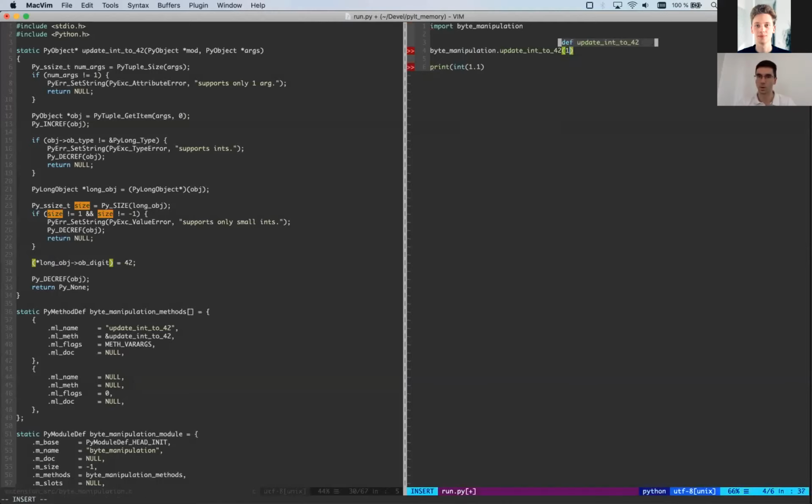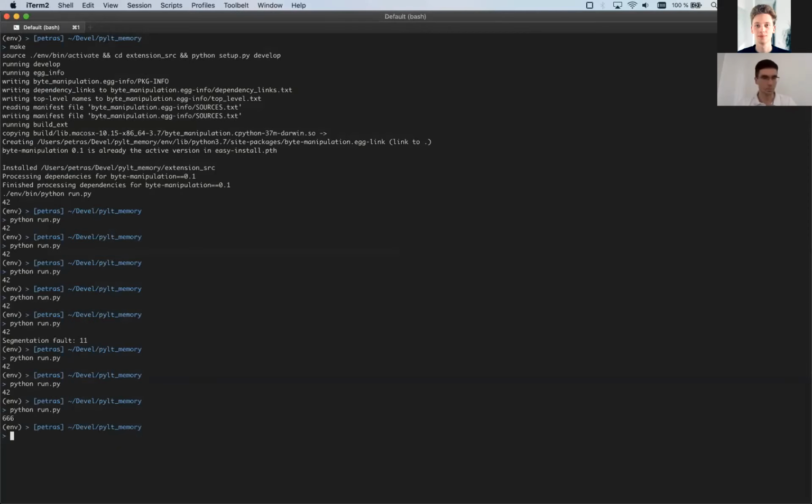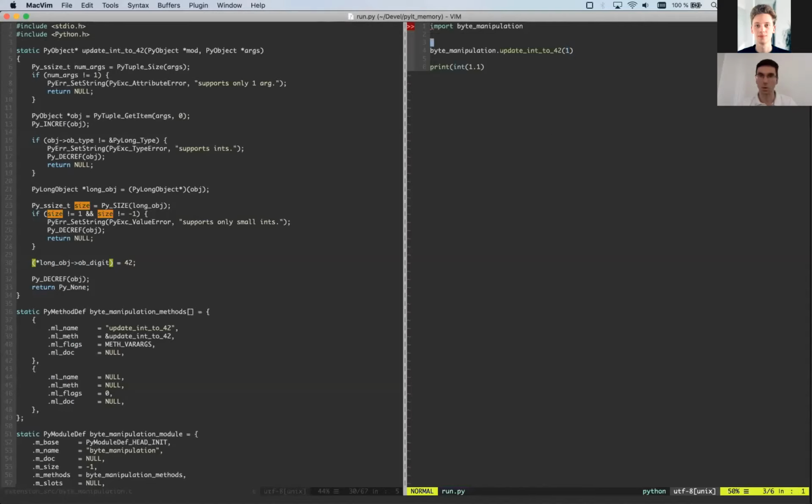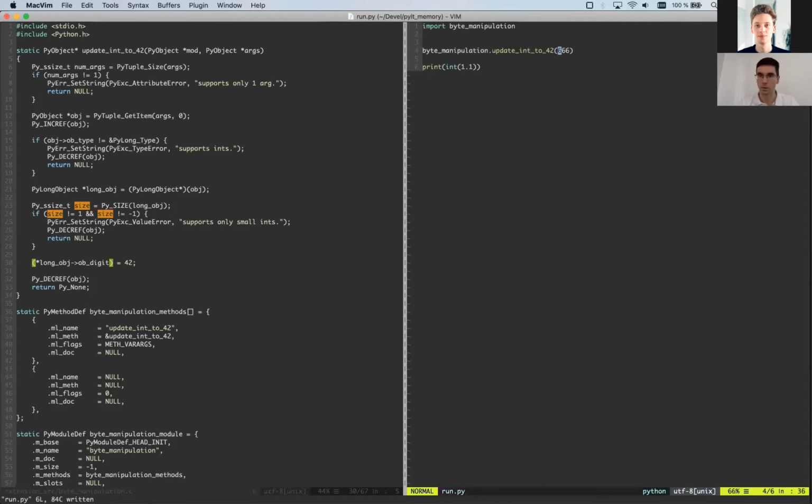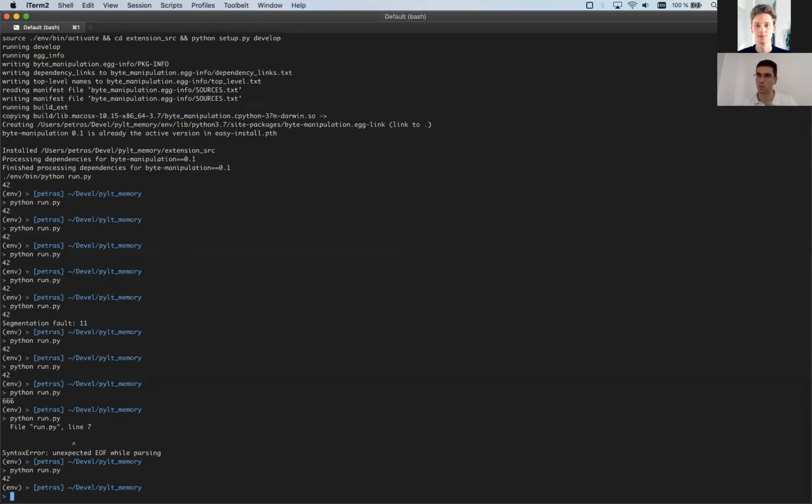Whoa. Why? I'm missing something. So if I have something like that, it doesn't work. Why? There's again a memory management trick Python does.